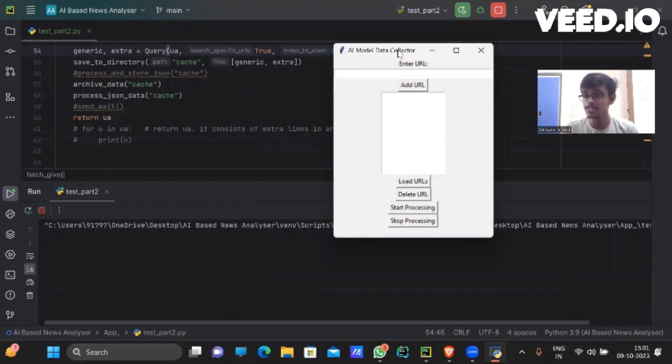So as you can see on the screen, we have made a prototype that is responsible for scraping the data. It can scrape websites, it can scrape videos, it can scrape regional news and everything, whatever is possible, right? So I will be just displaying the prototype. So here we have an India Today link, and we will just start the processing.